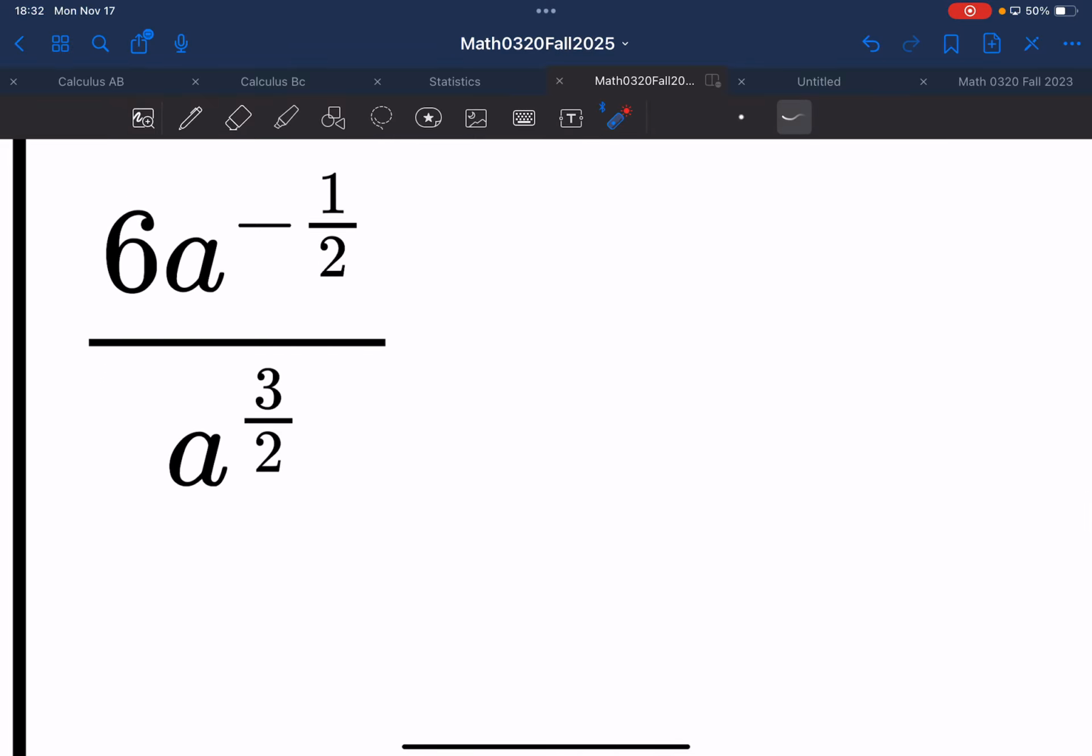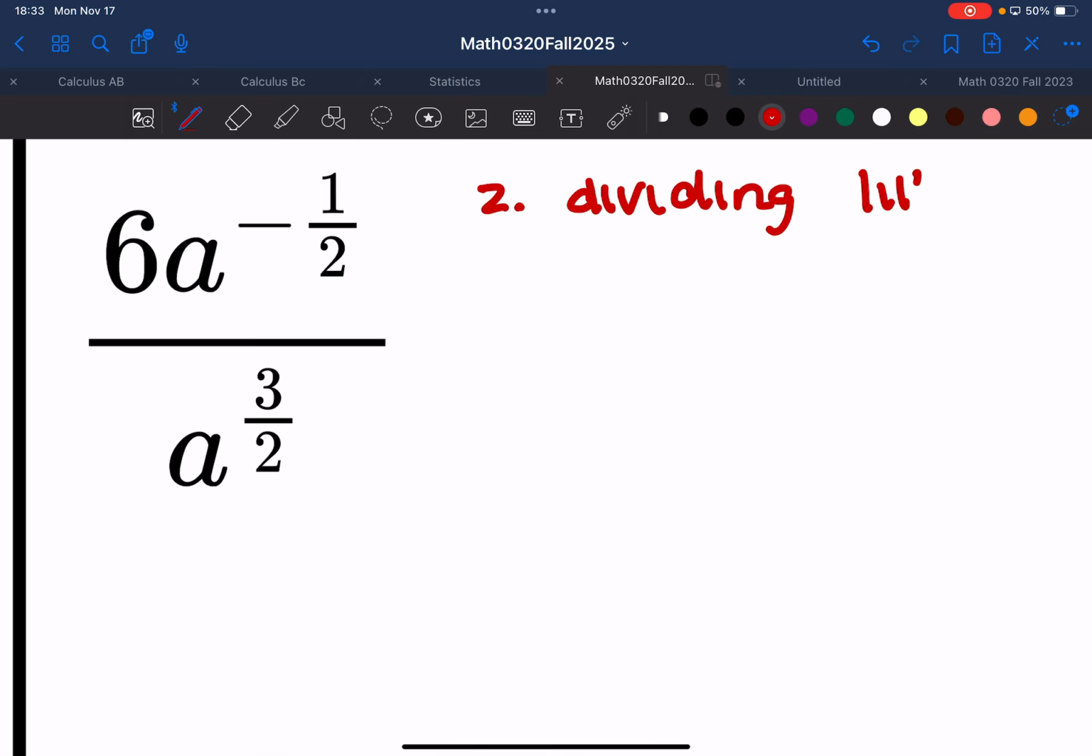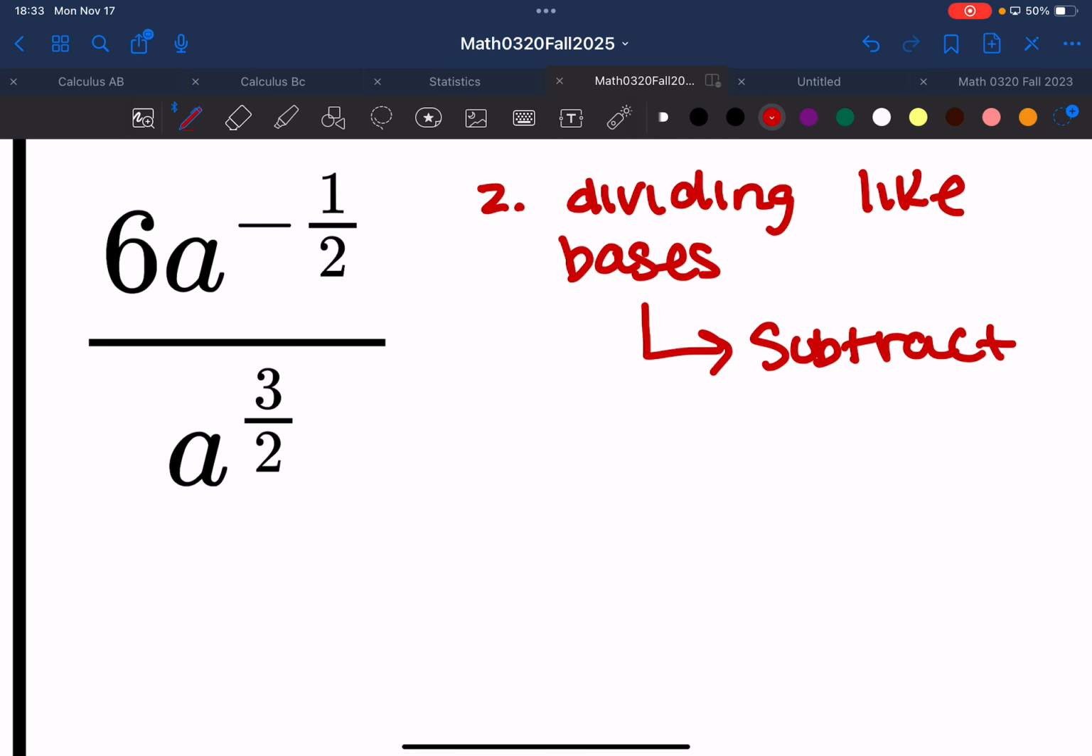Okay, next one. Which of those properties of exponents are we using? Dividing. So that's number 2, which is dividing like bases. And what do we do when we're dividing? Subtract exponents. Okay, so